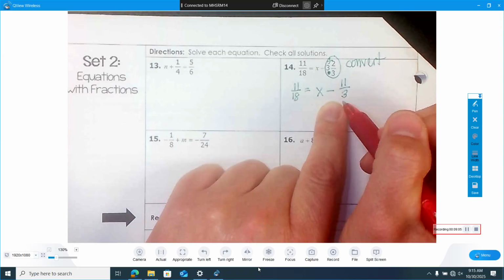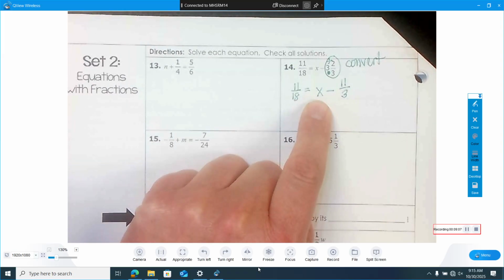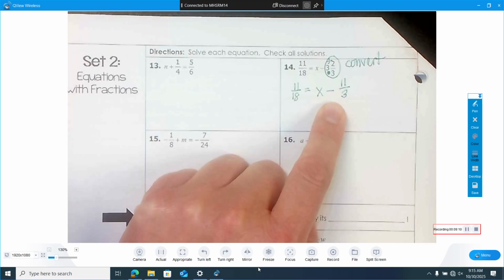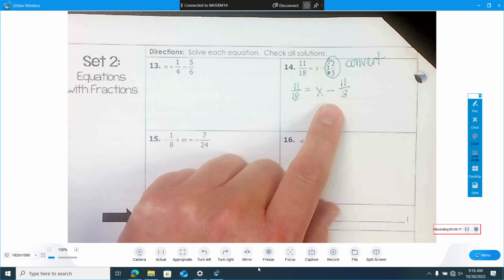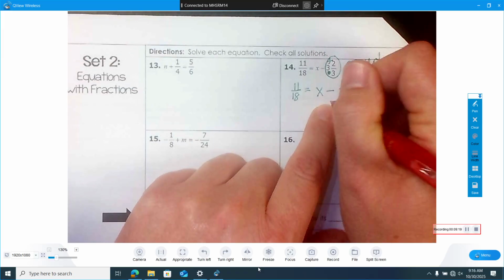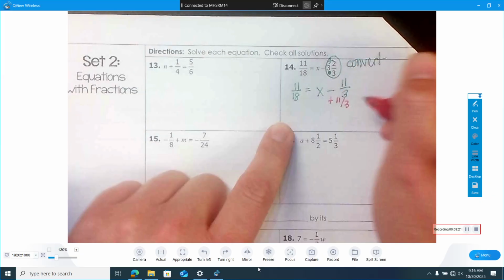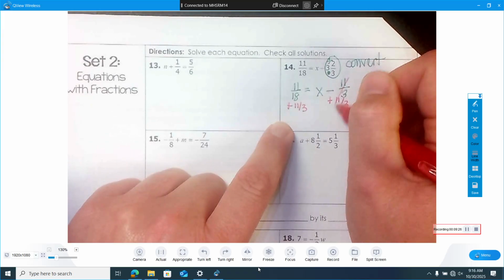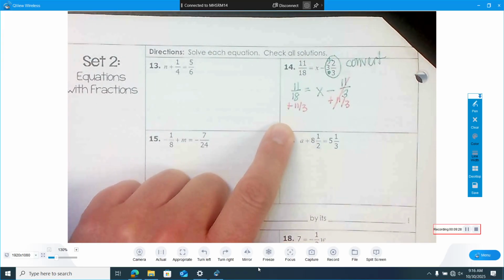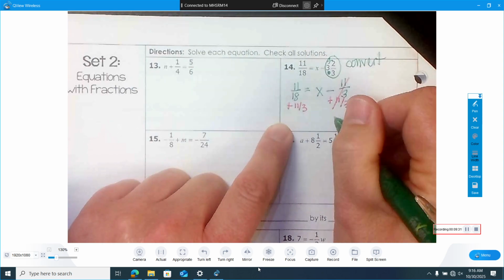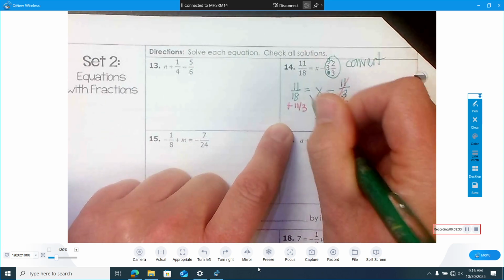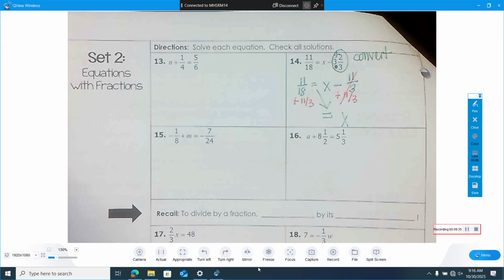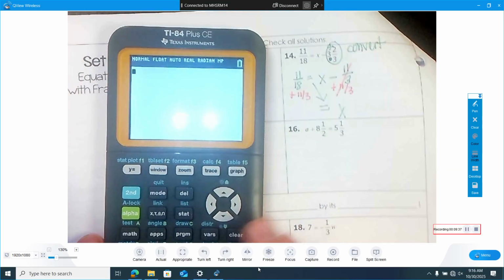And I want to go ahead and isolate my x. What should I do to get rid of this minus 11 thirds? Add. We're going to add 11 thirds to both sides. Negative 11 thirds and positive 11 thirds is 0. It disappears. And that leaves me with x is equal to,